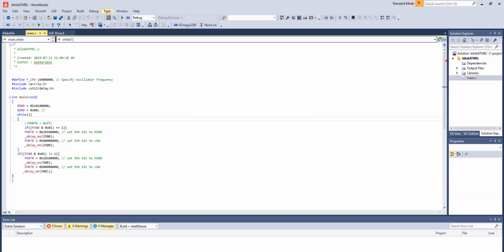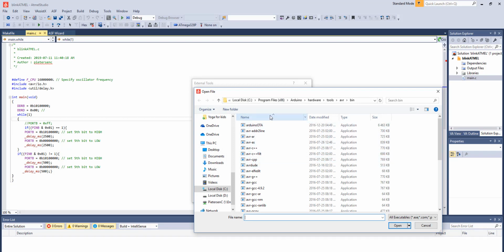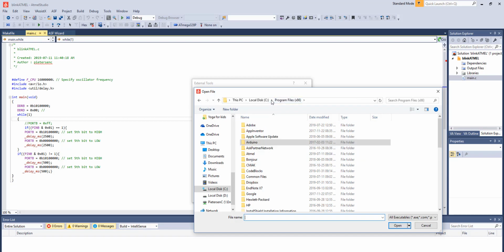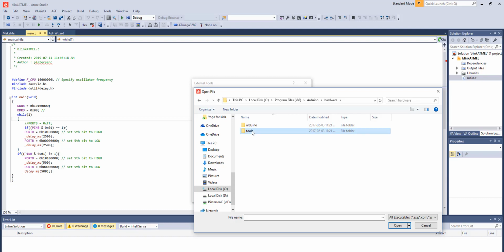Sorry, I just want to close this. Just open it again. Okay. So you're going to call it that name. Then here, under the command, you have to select this. And so how you get to that is you click here, and it then takes you to where you want to go. You want to start off with going to your program files, the ones that says x86. Then you double click Arduino, then you double click hardware, then you go tools, you go AVR, you go bin,